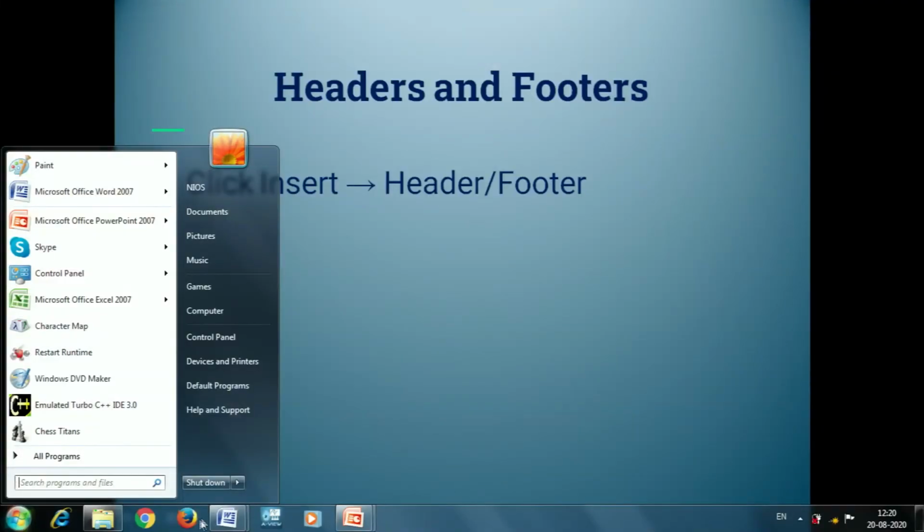We can also insert header and footer to our document. The header is the one where the content will be there in all pages. Suppose I want to insert some heading to my document, and the heading should be displayed in all the pages. Then I can insert the header. Or if I want to insert page numbers, I can insert them in footer or header. So if I include a header or footer in my document and take the printout, that content will be displayed in all the pages. So we will see the demo of how to insert header and footer in our document.